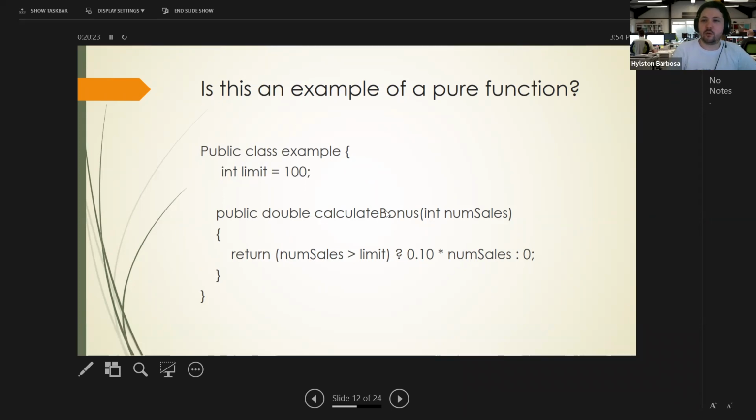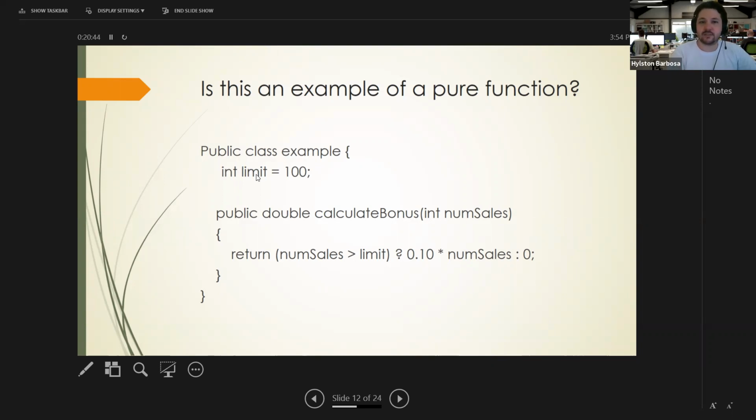So if the variable is outside our method, that value can be changed, which means this is not an immutable object, so this is an impure function, mainly because I have access to outside variables that are not final,